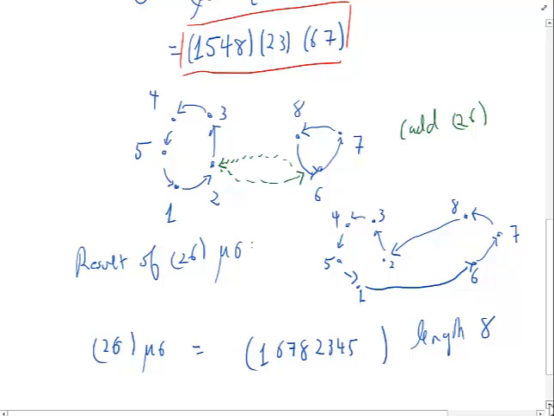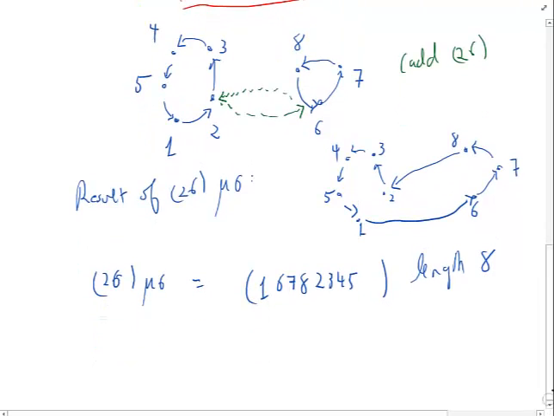Now, if I want a cycle of length 7, I'm going to have to do something else. I'm going to have to take out one of these guys so that it doesn't move. So, for instance, if I added in front of this a (2 3), if I put (2 3) in front,